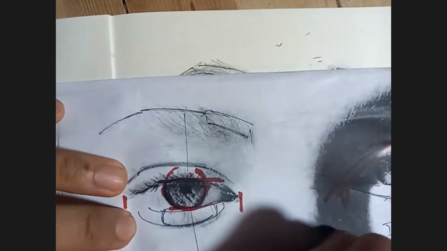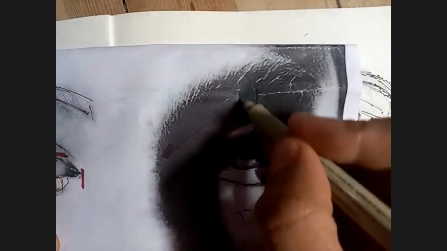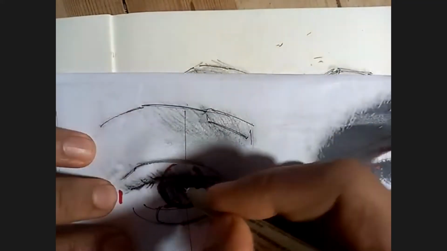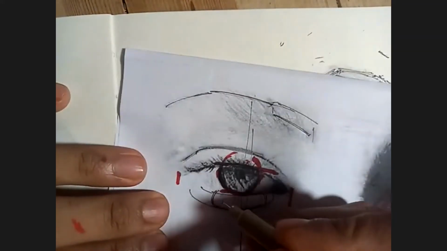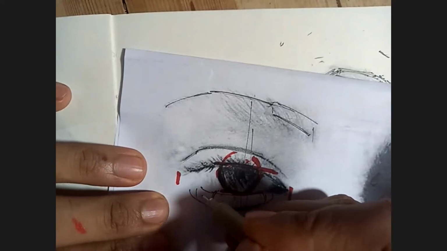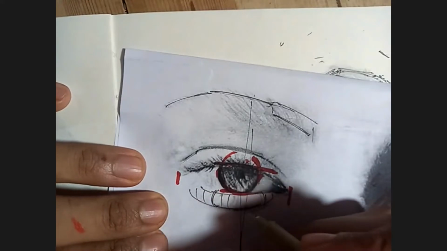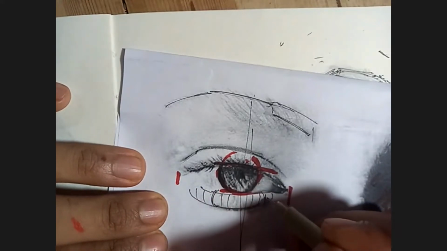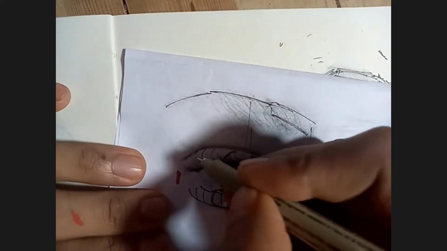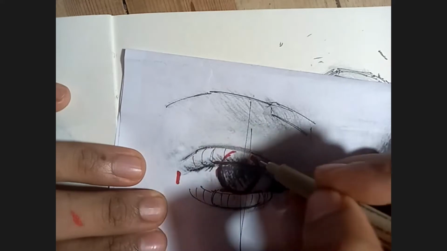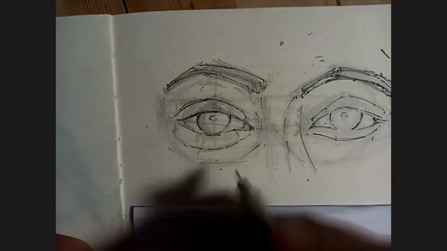Whenever I'm contouring this, let's set each of these as a focus in itself. This eye as a focus in itself and this eye as a focus in itself. So around this, we are going to be contouring around this. See this? Same here. Like that. So let's first start with this.